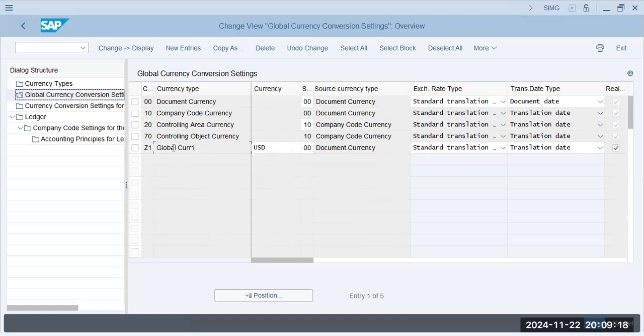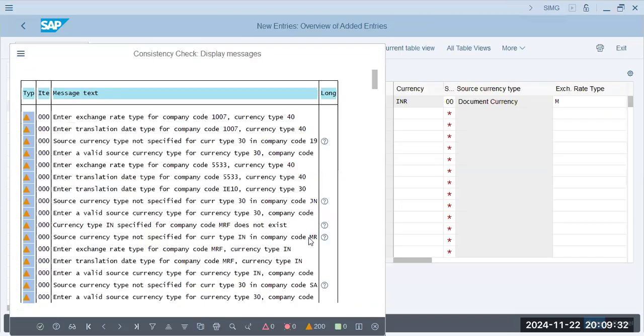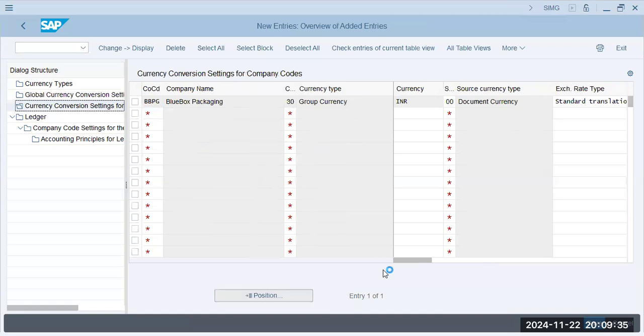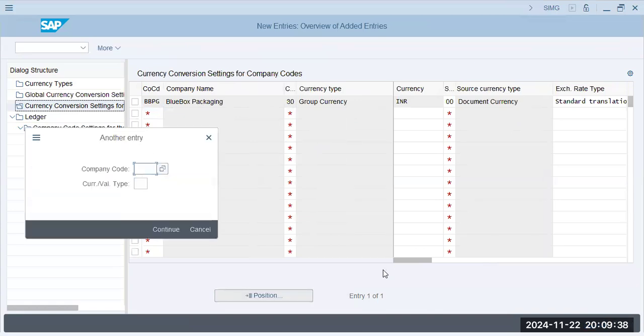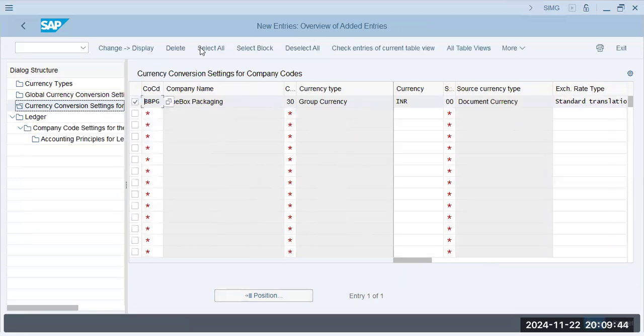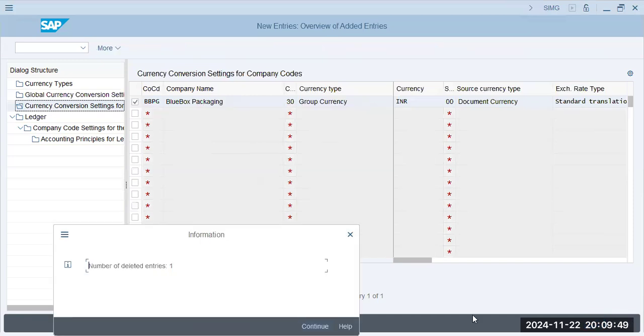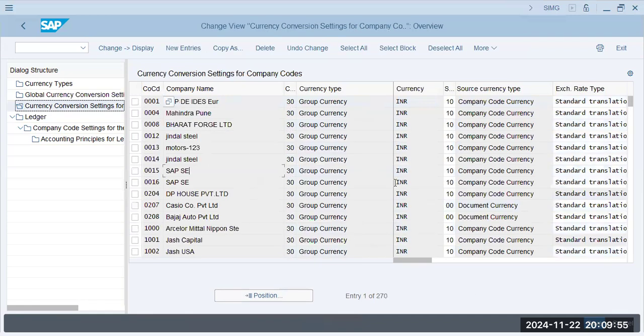Only one has this currency, global currency, real time, and currency conversion setting. The BBPG. Let's delete that for a while. INR. This is already defaulted as INR every